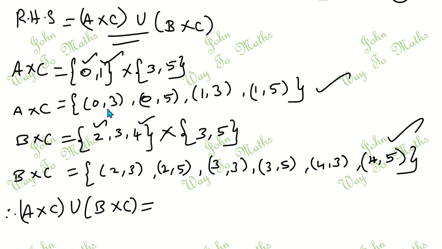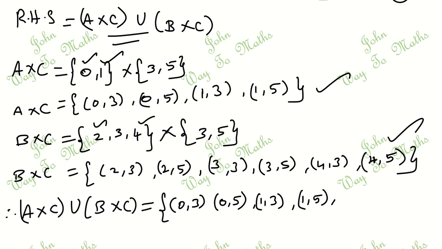So A cross C union B cross C is equal to, okay, 0 comma 3 is there, 0 comma 3, then 0 comma 5, then 1 comma 3, then 1 comma 5. Here I'm going to enter all the elements, then 2 comma 3, then 2 comma 5, then 3 comma 3,